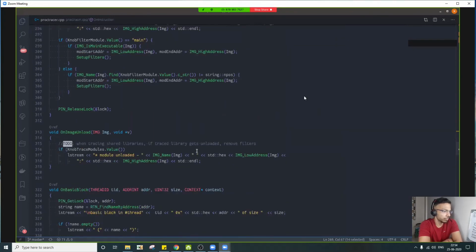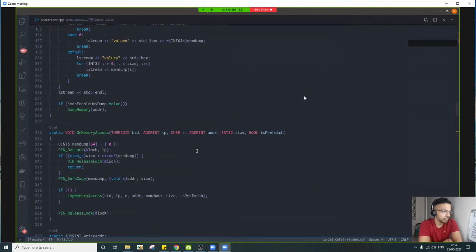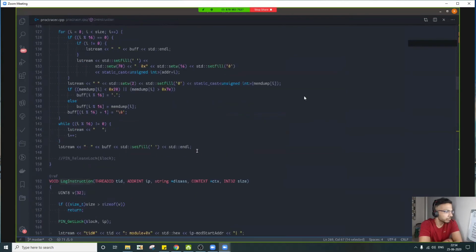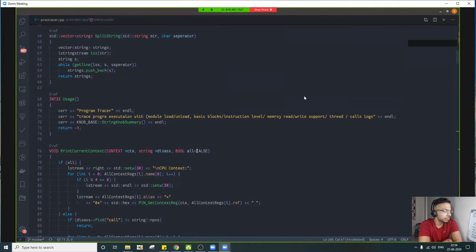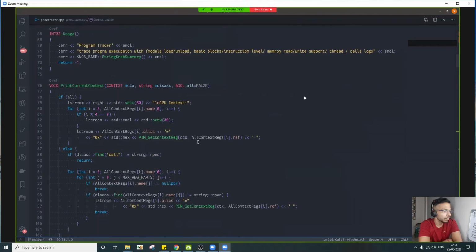That makes sense. And most of the other part is only accessing runtime information, logging, dumping, and things like that.